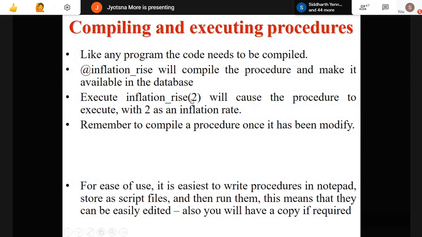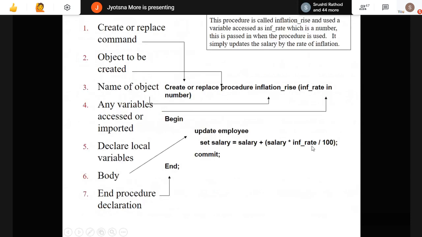So here for inflation rate, I am passing 2. Based on this, it will consider the value 2 in place of inflation rate, that is INF rate, which I am considering over here, and according to that it will calculate the value. The salary value will be present in that particular column of the employee table, right? Based on that, I will get the value for the salary.